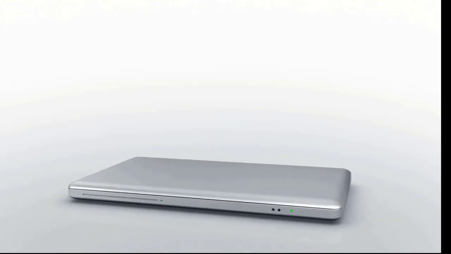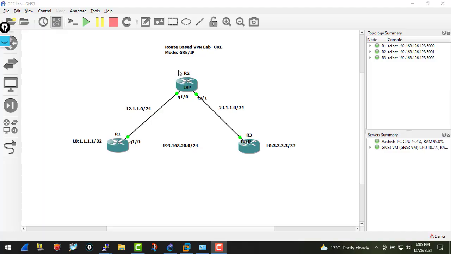In this video, I'll just demonstrate how we can configure route-based VPN using GRE. GRE stands for Generic Routing Encapsulation. I have already made a video for GRE. So without wasting much time, I'll quickly configure GRE first, and then I'll tell you the purpose. So let's configure the GRE first, and then we'll achieve our